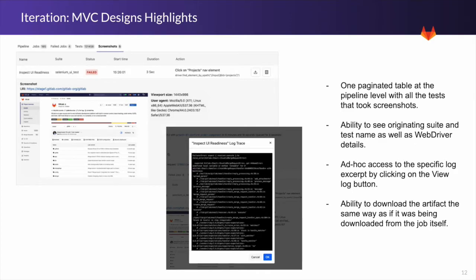And another important part of the feature is that we're still going to give people the ability to download the artifact, but the difference is that you just do it from here without drilling into the actual job. We also found some out of scope issues, like the usability of the tabs in the pipeline view